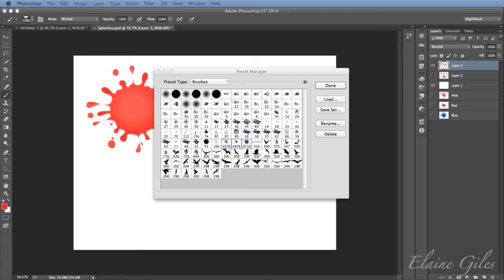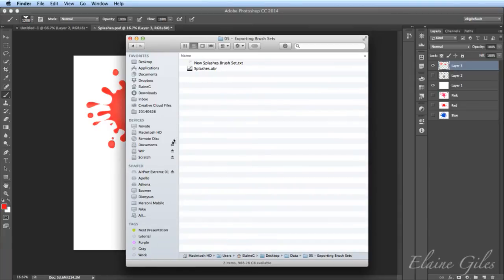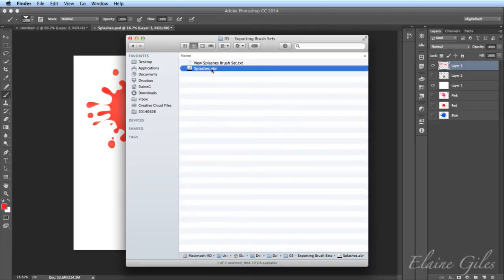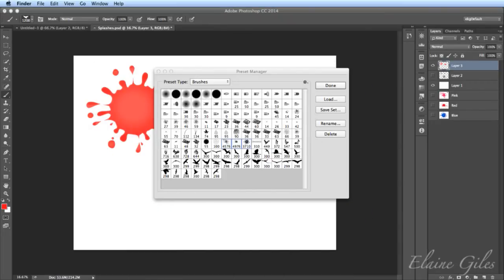So I'm going to go over here. So I'm on my other screen, and what I'm doing is opening up that folder that you saw me save that to. So let's close all of this out of the way and concentrate on what we're actually looking at, which is splashes.abr. Now I can actually share that with you. So I'm going to open up Chrome and I have a way to share it with you. So I'm dragging and dropping that to an upload service, and when it's uploaded and I've got a URL, I will put that in our chat window, and I'll make sure if you're watching on YouTube, it will be underneath the video. So look underneath the video.